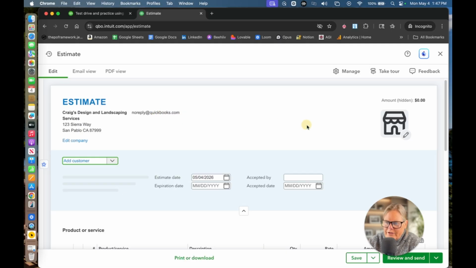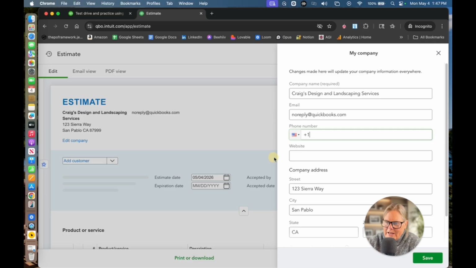Also, really quick, there is a place where you can add a logo here on the right side, and I recommend doing that. It will add more to the legitimacy of the estimate, and also it'll look good on your invoice as well. So you come over here to edit company, and this is where you can make sure to